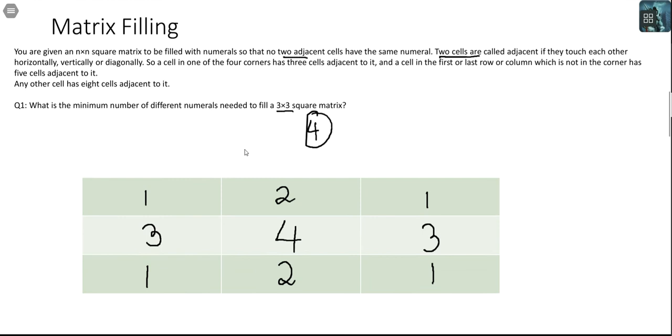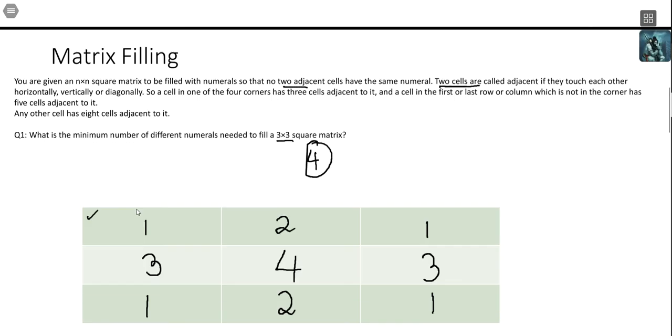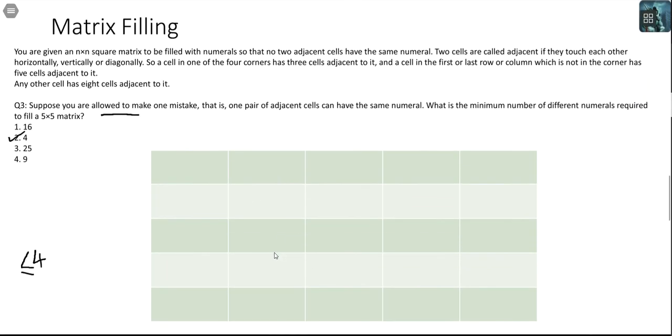Now see, for the previous questions, our starting point was the corner. In both these questions, our starting point was the corner, because once you fill up the corner, then stuff can happen. Now our starting point cannot be the corner, because if all the numbers have to be different, the cell that will be most impacted by it is the middle cell. So I start here. So I put 2 here, 3 here, 4 here, 5 here, 6 here, 7 here, 8 here, and 9 here. See, 9 digits have already been used up.